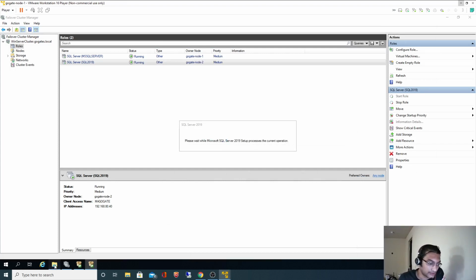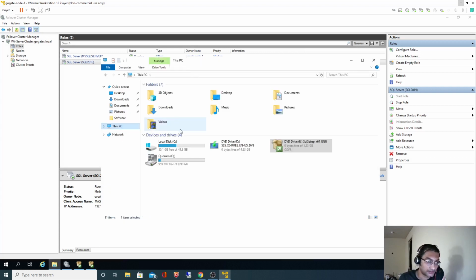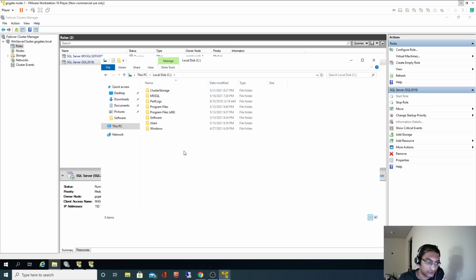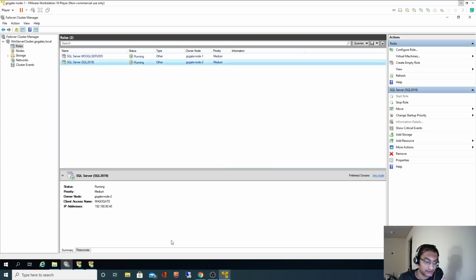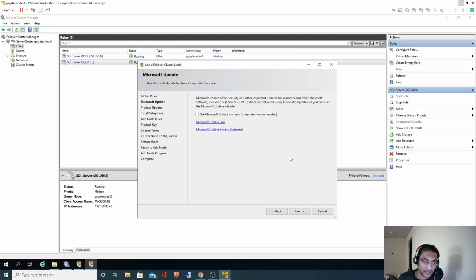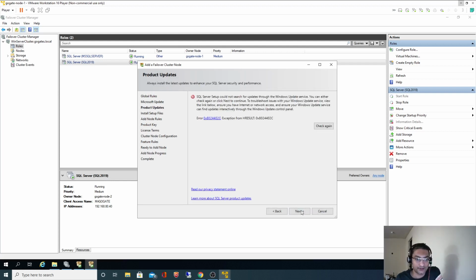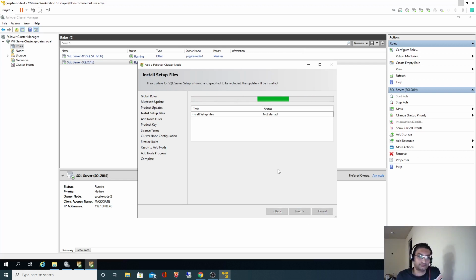And let me quickly check. While installing on node 2, we used a local drive for the temp database. So that was MySQL and temp02. Yeah, so we have this directory here. That's perfectly fine. So I don't want any updates. Next. We don't have to modify anything. All the default setup will choose.